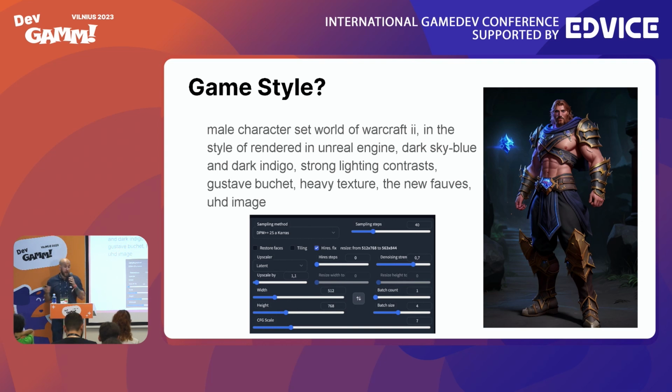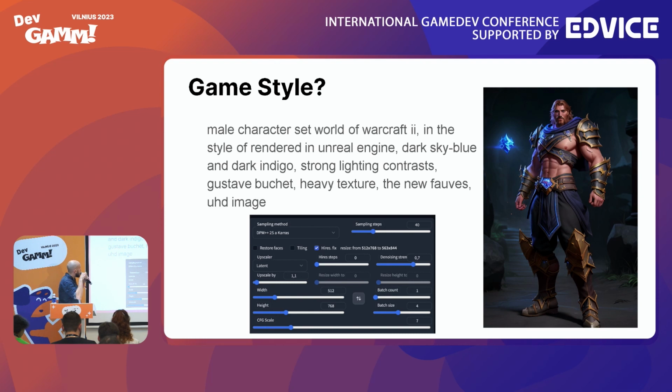And okay, suppose you are great prompt engineers, and you know how to write prompts, you know how to deal with all these parameters in Automatic1111. And here is some long prompt. You can try it yourself and copy these parameters. You can change the sampling method, increase the number of sampling steps, and so on. And voila, we have some character. Well, it's an RPG character, cool, but it's still not in the style of our game, and how can we fix that?